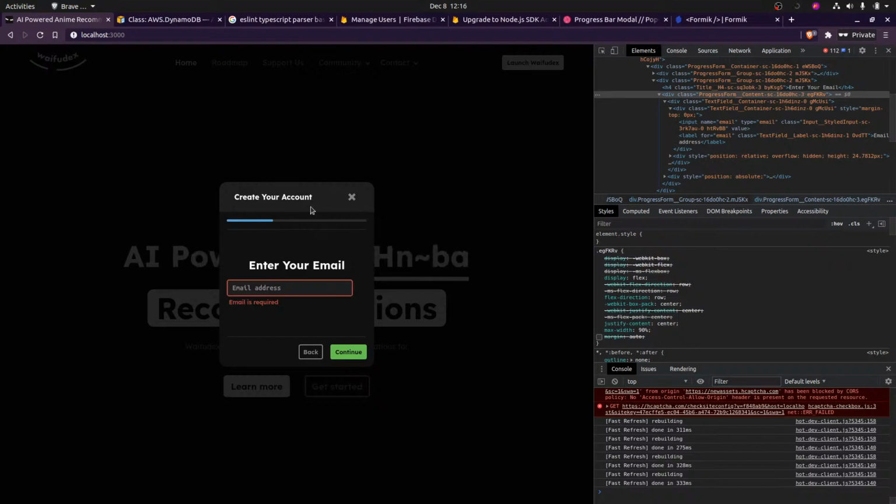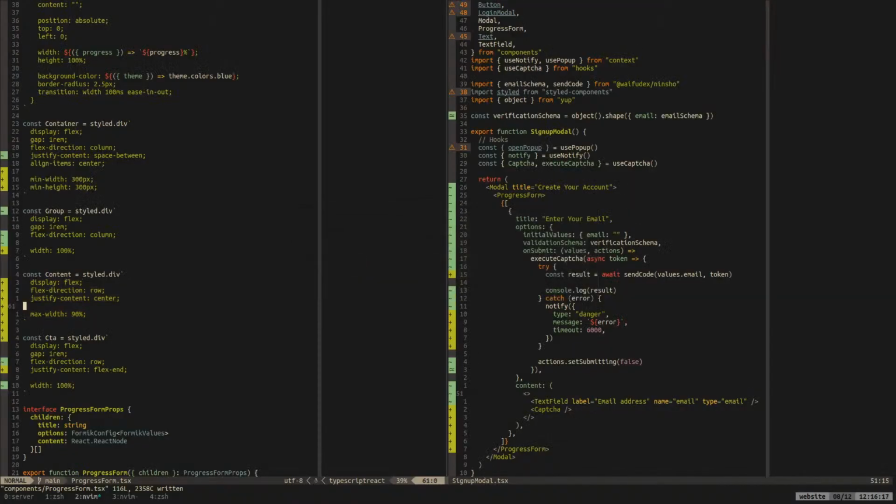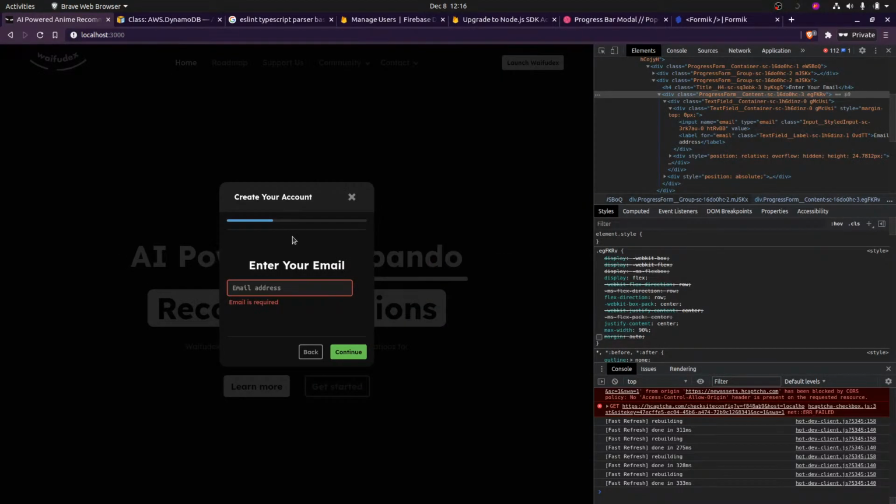And this would be for creating their account among other things, but right now it's just that. You know, there would be multiple steps in creating an account, so that's why we have that thing. And I'm just doing styling.